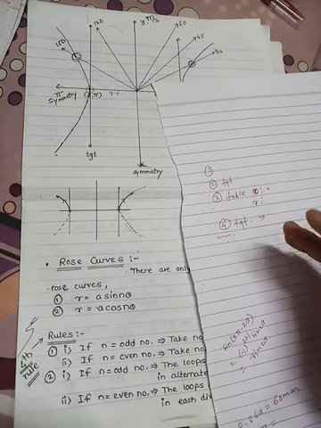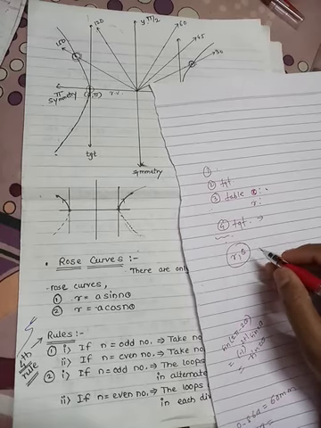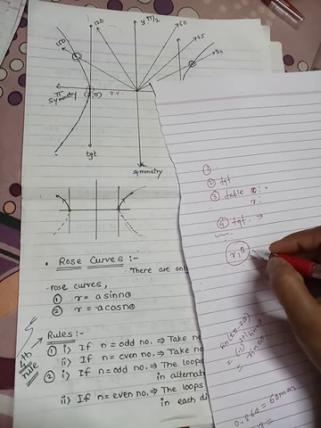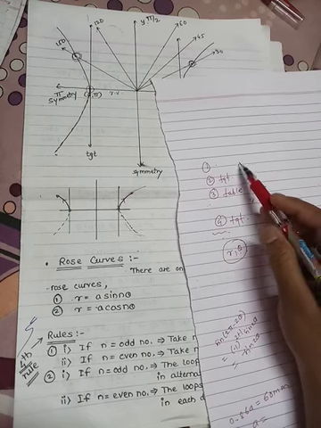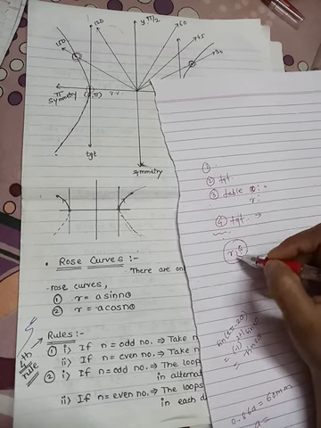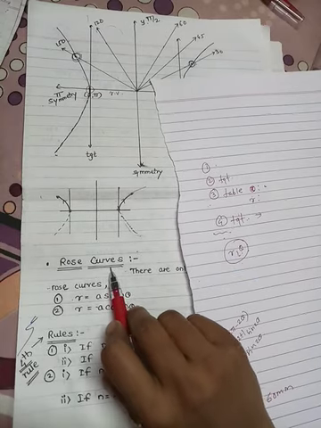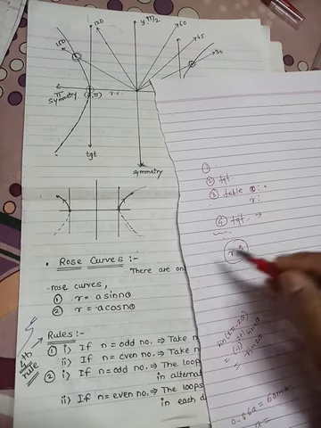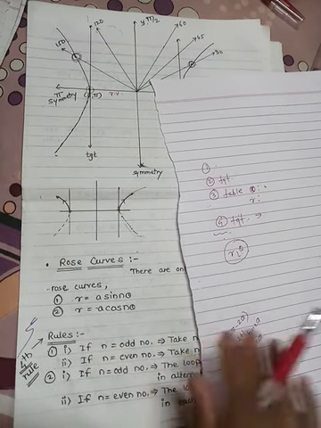Now there are other equations in r, theta variables, but to trace the curves for these equations, we are not going to use these conditions, because these equations are of another type. These equations are called rose curves. Rose means gulab, rose curves. So particularly that type of equations are called rose curves.